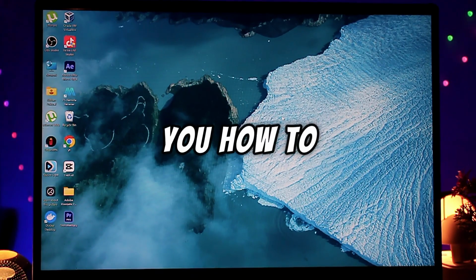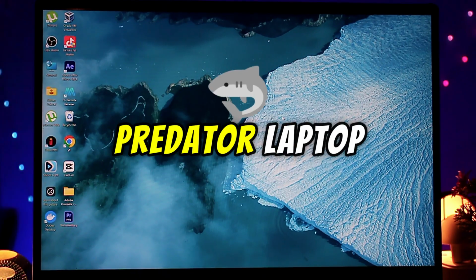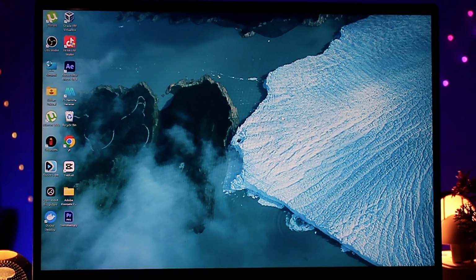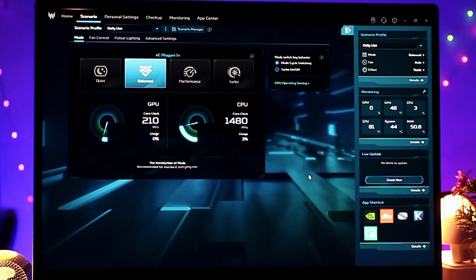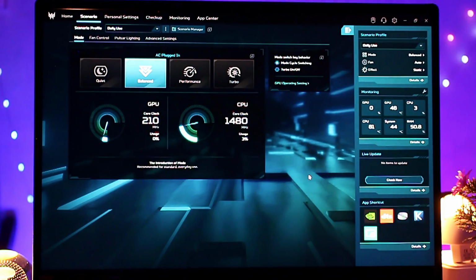Today I'll show you how to boost gaming performance on a Predator laptop with hidden settings. So let's get started. First of all, open the Predator Sense app, which is pre-installed on your Predator laptop. It is beside the number lock on your keyboard. Click it. After that, go to the overclocking tab and switch from normal to extreme or turbo mode for better